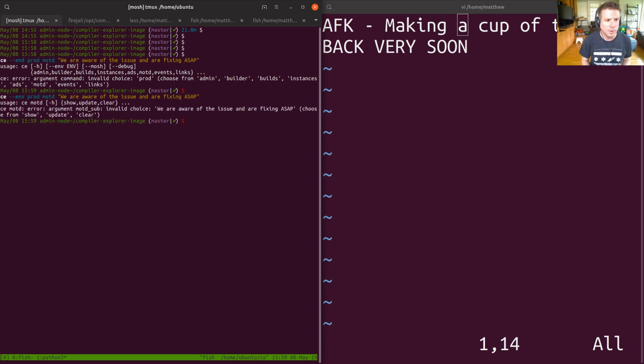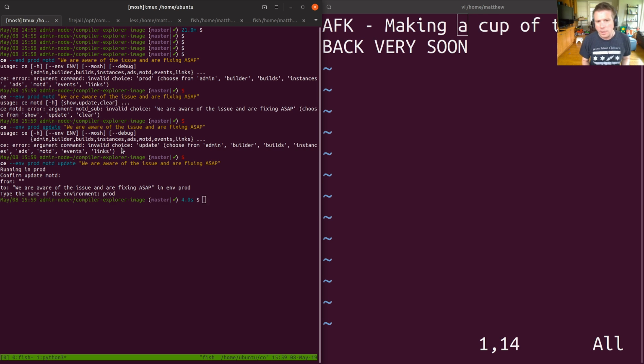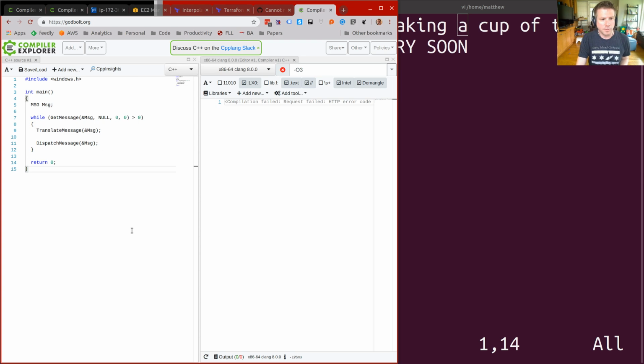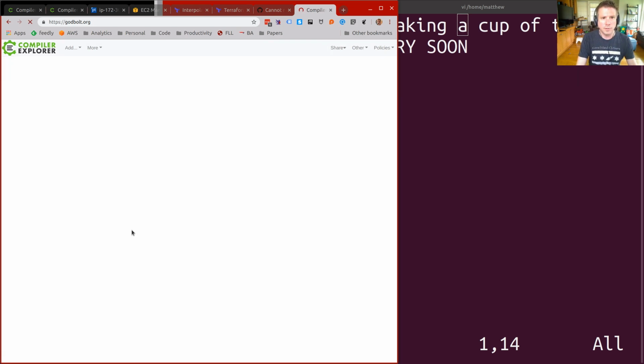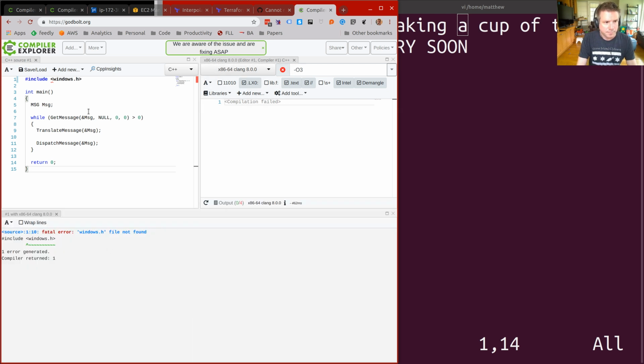Env prod motd update in prod. This is the are-you-sure thing. Okay, cool. So now people will hit the site and they will see that at the top. Hopefully, let me just test that theory. Reload. Yes. Okay. Now we have to work out what the heck's going on.